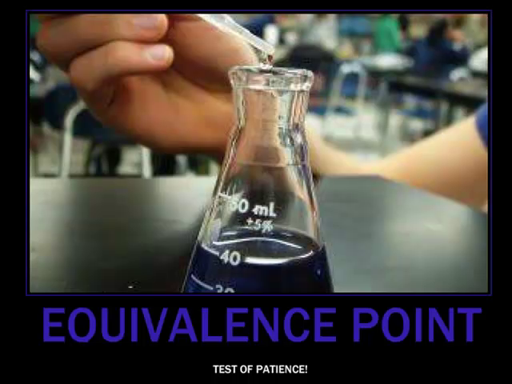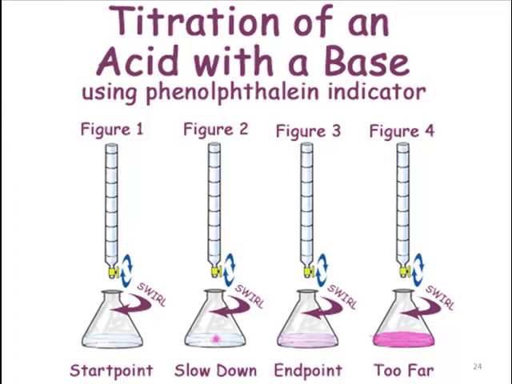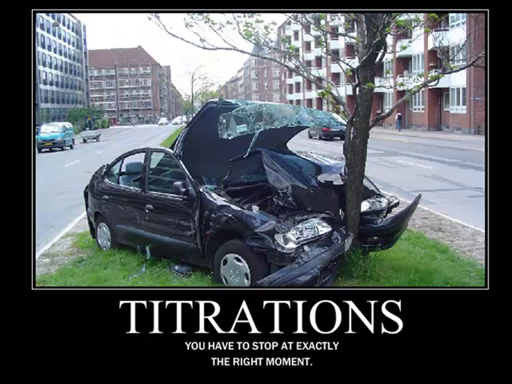The equivalence point is a test of patience. When you titrate an acid with a base using phenolphthalein, you add it slowly and swirl it. If you get too purple, you've gone too far. You've gone past the equivalence point, past the endpoint. You want it to get light pink. Use a white piece of paper underneath it. In titrations, you have to stop at exactly the right moment. If you go too far,